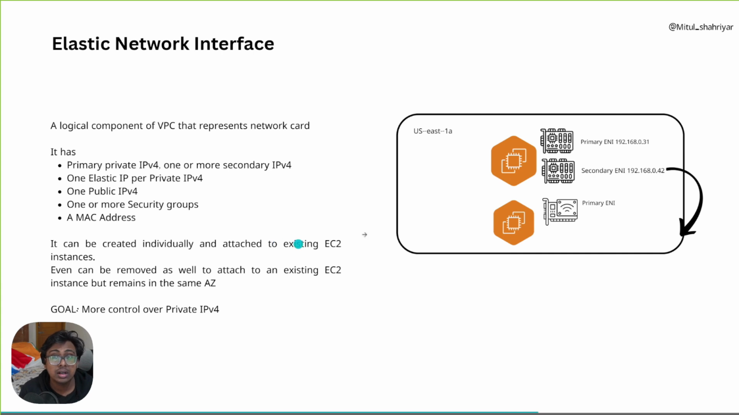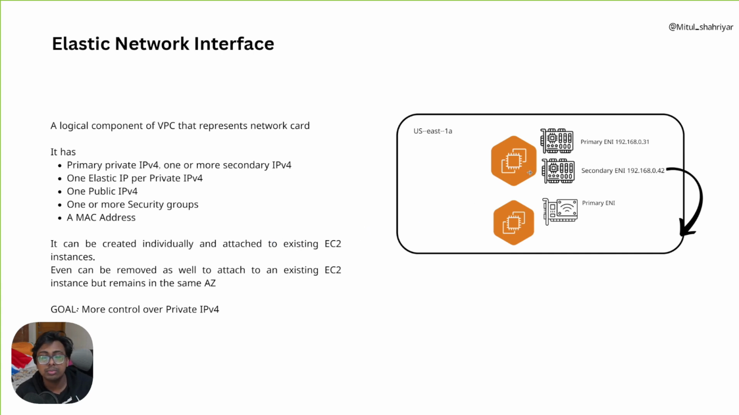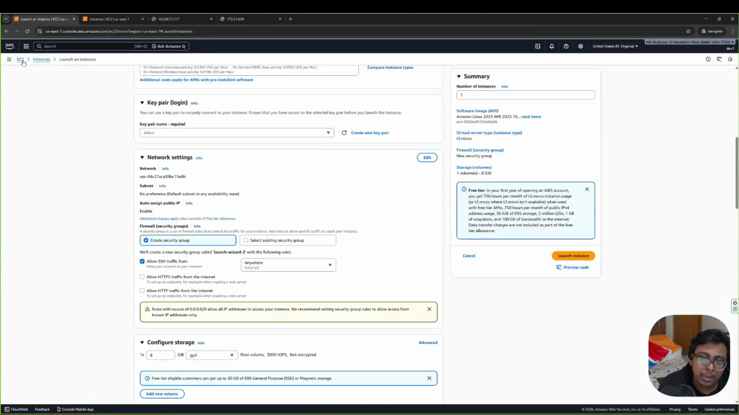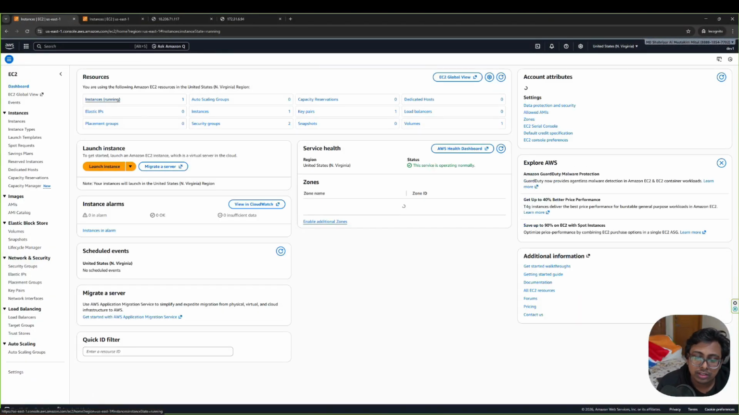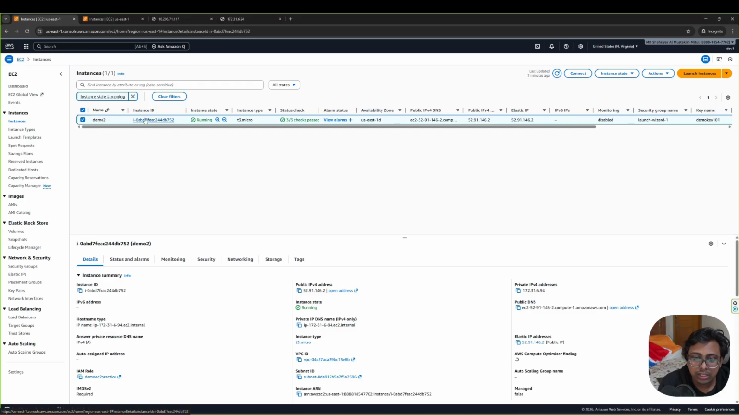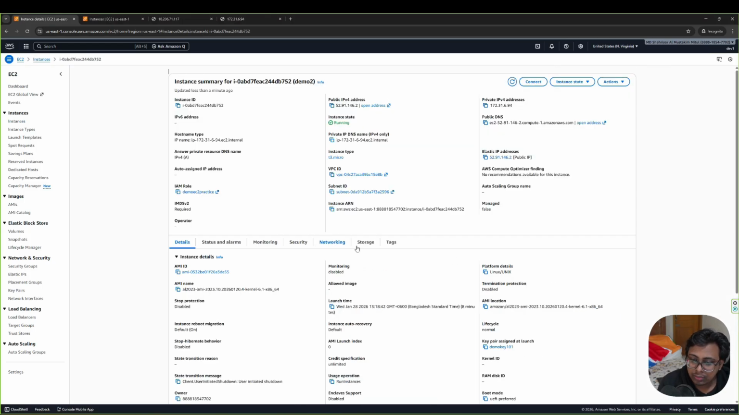Now let's talk about a different concept, which is basically called elastic network interface. Okay, ENI. So what is ENI? Before talking about this ENI, let me just show you what it is. We already have a running EC2 instance. If you go here, and if you go for networking,